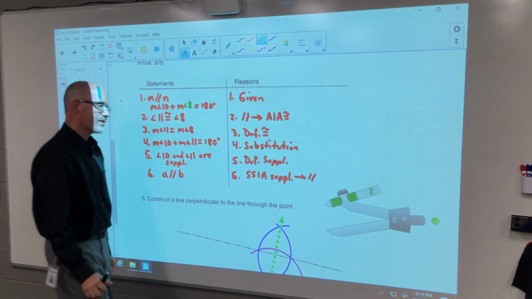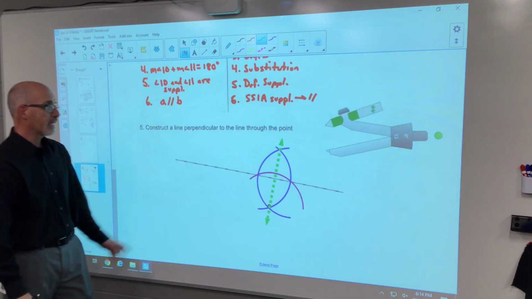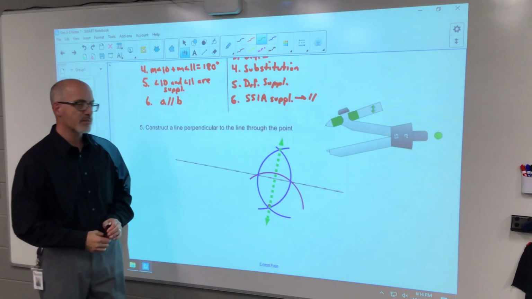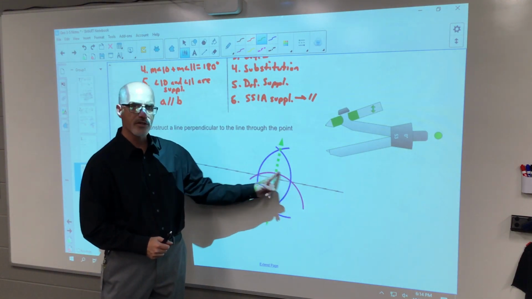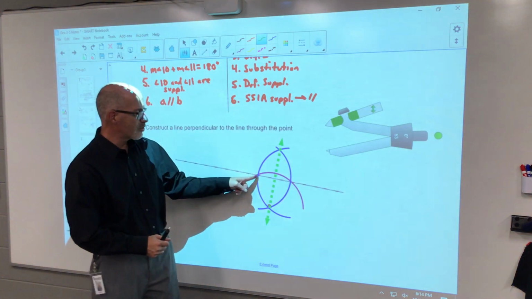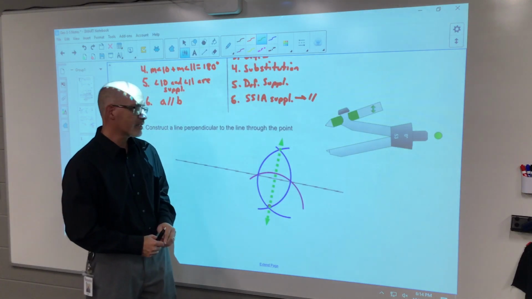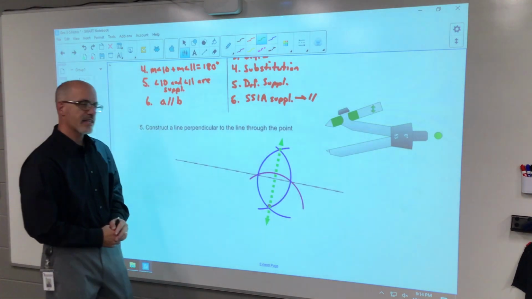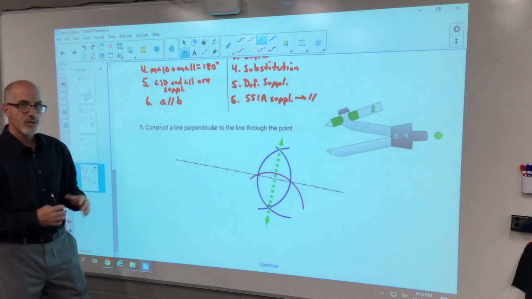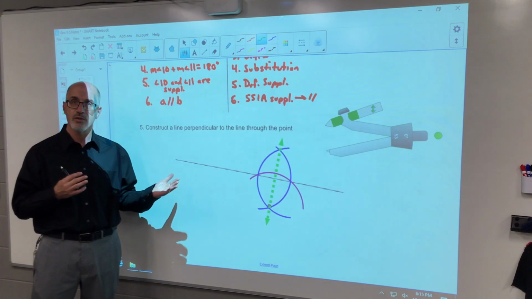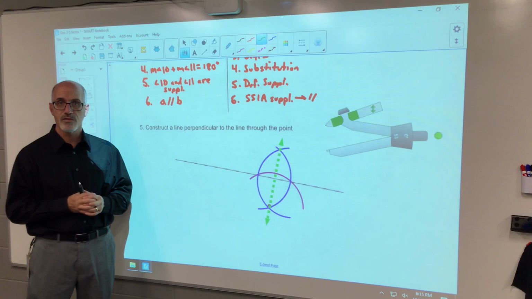And then lastly, here's the work for doing a line perpendicular through this point. Just a reminder, if you've got this point here, you draw an arc first with your compass, then treat these two as endpoints and do a perpendicular bisector by doing the two arcs here, and then draw the line that's perpendicular to the given line through that point. So these problems will help you review the major ideas in sections 3 through 5 as you prepare for